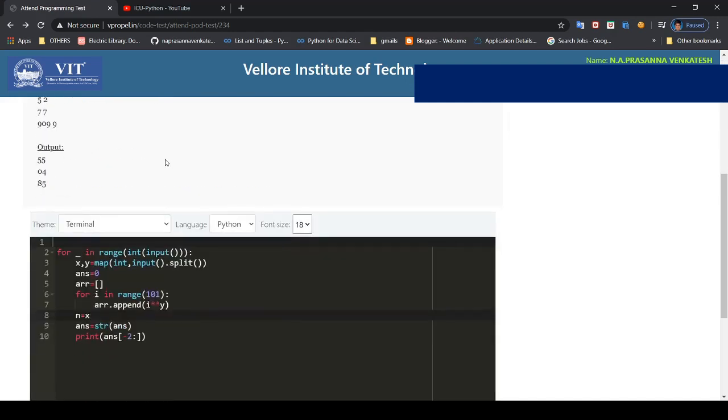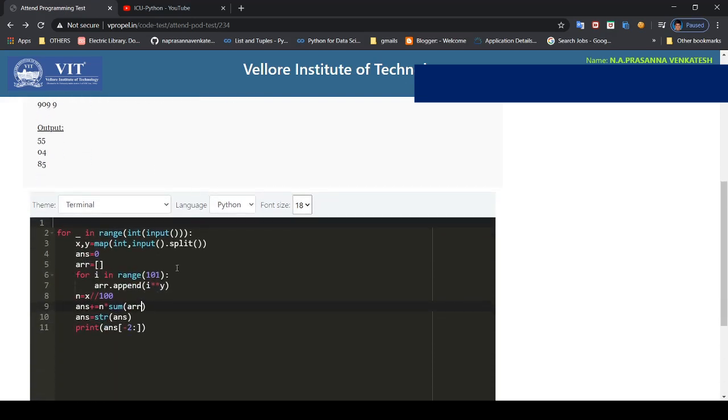So we'll just take x's quotient, and what we'll do is answer plus equal to n into the summation of this array, because the array contains 1 to 100, each to the power x over y, and if we just sum it, we'll get it till the n hundreds.